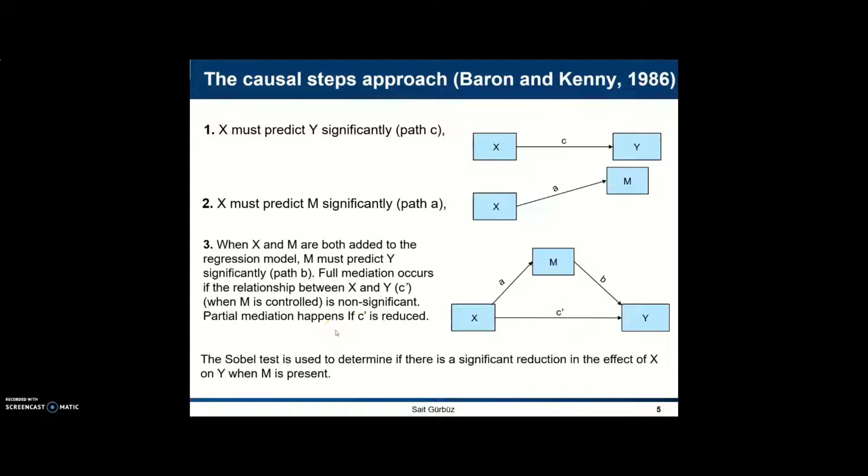And according to this approach, at the last step, we also need to use the Sobel test to determine if there is a significant reduction in the effect of X on Y when M is controlled. So this is the basic approach to test mediation, but we will not use that one because, as you can see on my screen,